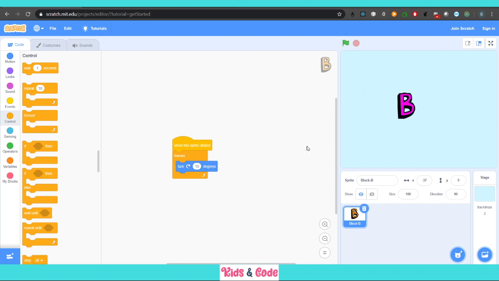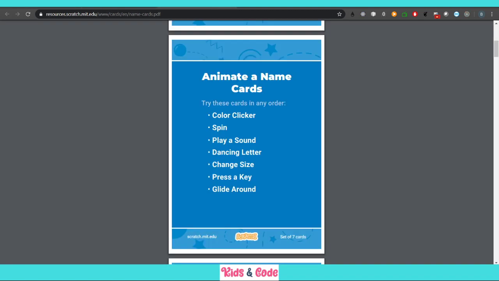Okay, so you will see that whenever I click my sprite now, it will keep on turning, keep on turning, keep on turning. Stop it, I can basically click this, will stop, and to change its position back to where it was, I can basically turn this value to zero, and direction also. Okay, so let's go on to the next thing.